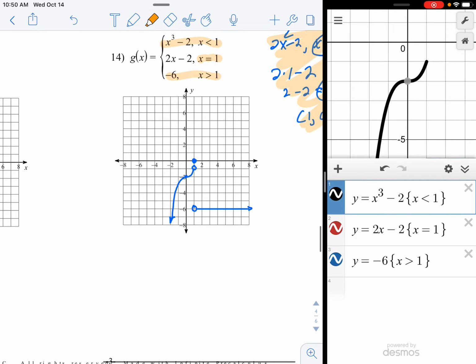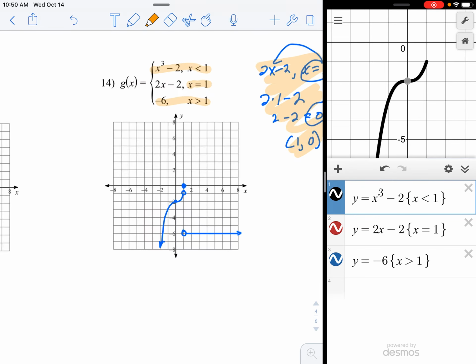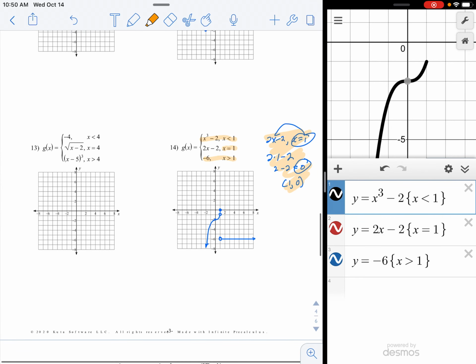Okay, well, that concludes this lesson. Do your best. Use Desmos. When you grade yourself, be real critical of whether you did the dots and the circles correctly. That's very important. If you have any questions, contact me through the normal means. Otherwise, I will talk to you